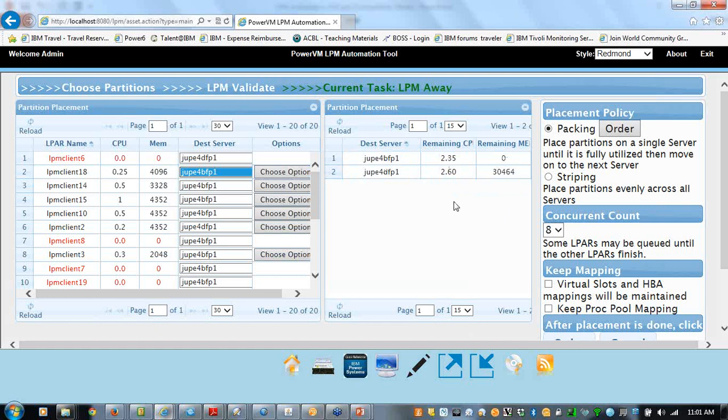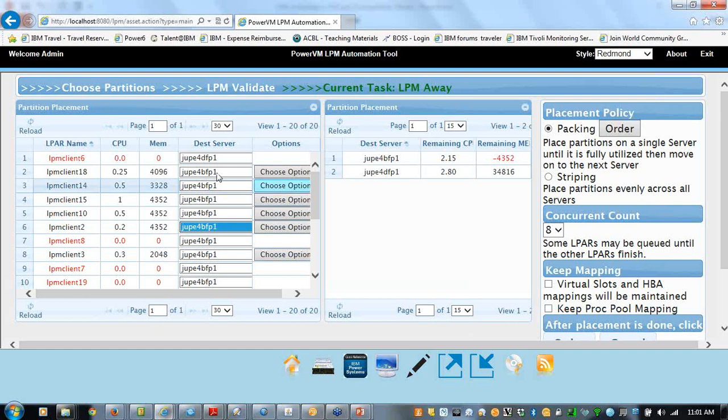If I wanted to move something else to 4 Bravo, let me find a 4 Delta in here. Here's a 4 Delta. Let's force it onto 4 Bravo. Oh, now we're negative. So this plan that we made right now wouldn't quite work because we got a negative number here, and we can't have negative numbers. Okay, so you have the ability, we will choose a placement for you. You can go in and change the placement as you want.